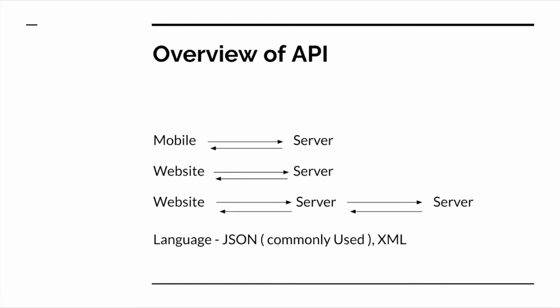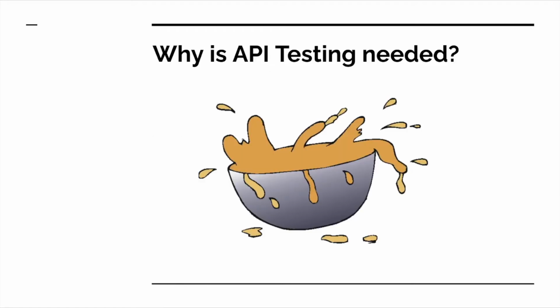Coming to why we need to test it, is exactly as the picture says, to avoid the soup that you ordered from spilling over. Yeah, correct. I'm right. Because you ordered the soup, but the bowl is not the right fit for that. So we just need a bigger bowl, right? Correct. But how do we know that a bigger bowl would solve your problem? By actually testing it. What does that mean?